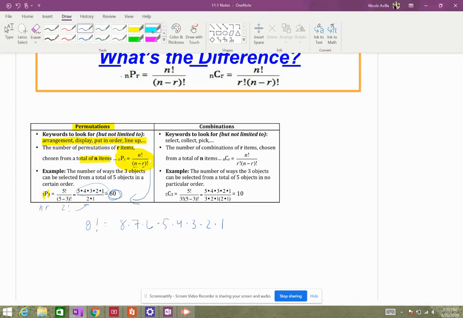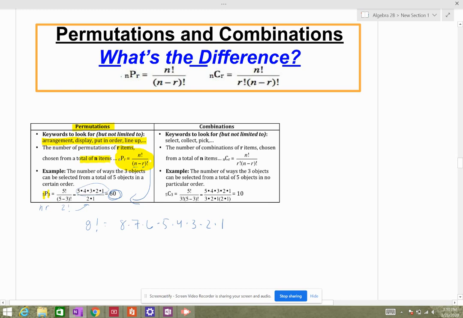Combinations are similar but a little bit different. Combinations you calculate in a very similar fashion. You have a certain amount of things, and you're choosing r numbers of them. Okay, so same idea, 5 and 3. But for combinations, you use a slightly different formula where you have this extra little r factorial out in front